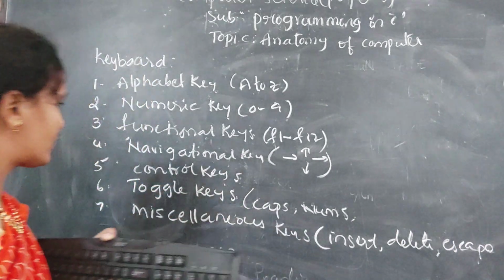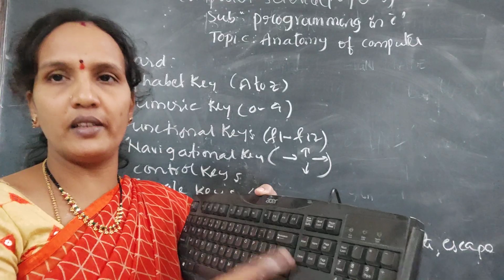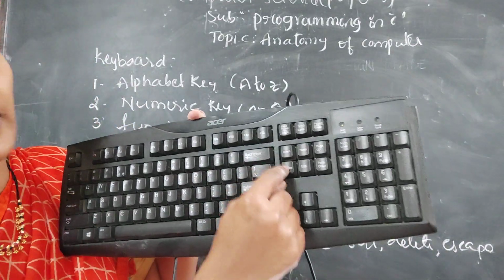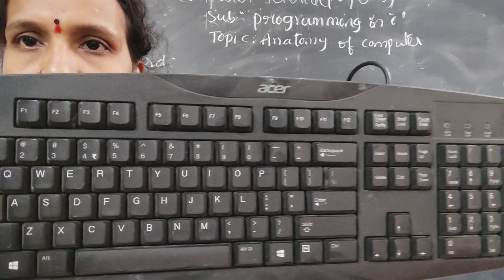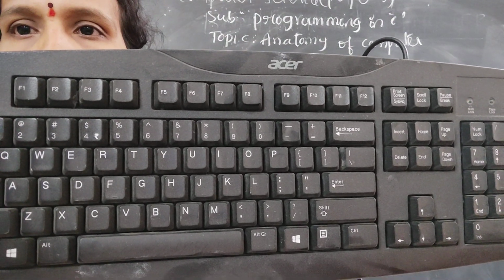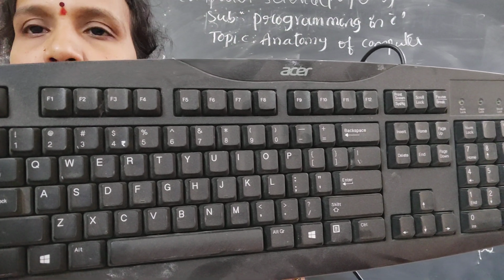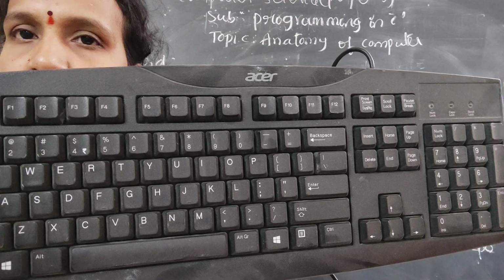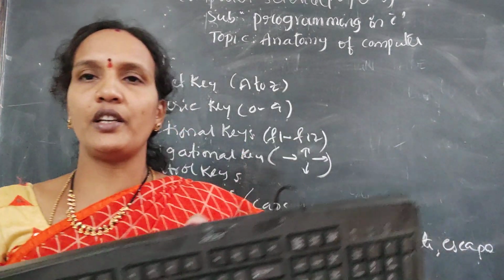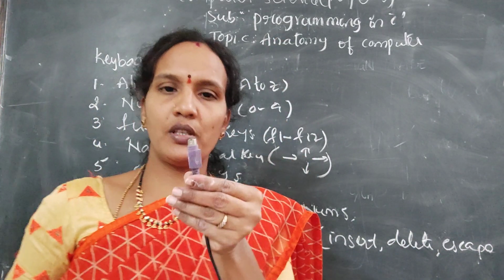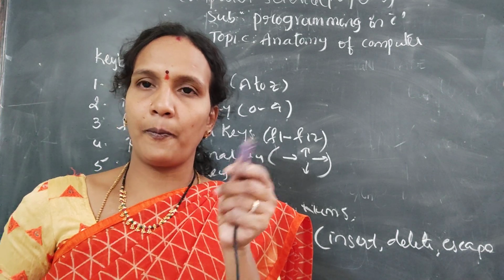Okay, the next one is miscellaneous. Other than these keys, whatever you have, home, insert, delete, these will come under the miscellaneous. You can say this is your keyboard. You have a total of 104 keys: character keys, number keys, and then the special keys, functional keys. And this keyboard is connected to your CPU using this type of connector, and you will get a flat socket also.